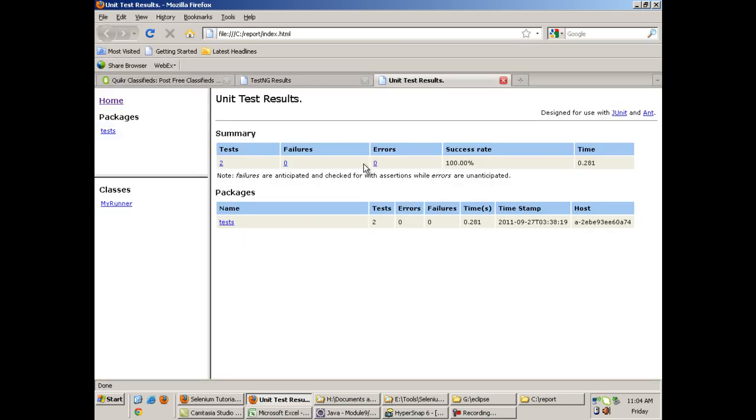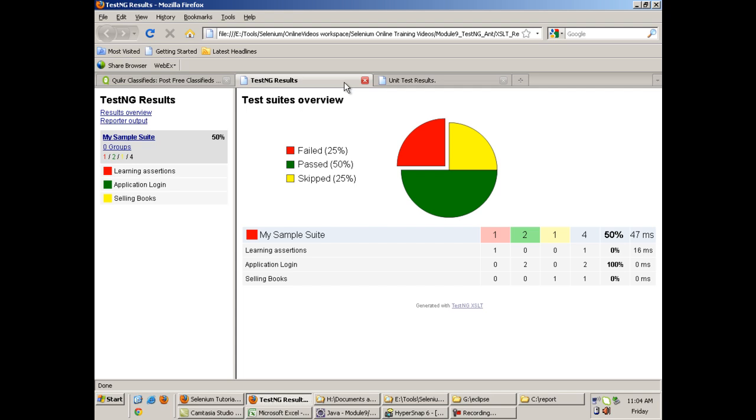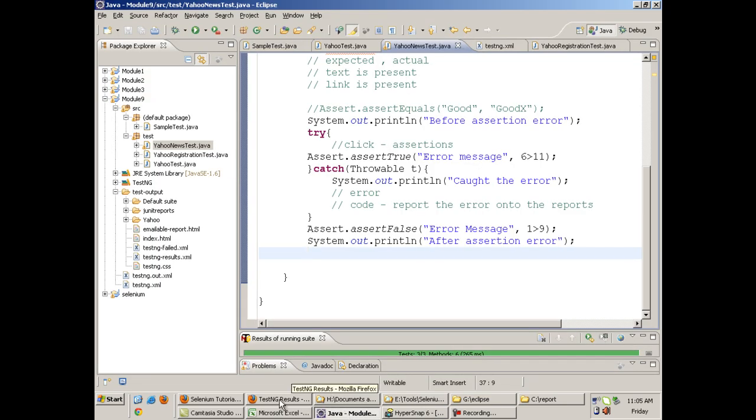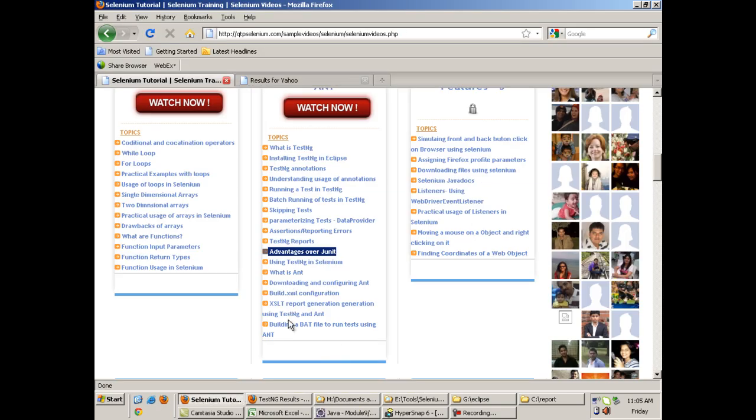They are a little bit less flashy, right? The Testng reports are a little bit more presentable, right? You can easily see how many passed, the percentage, skipped, failed, and the look and feel and the layout are also very good. Fine.